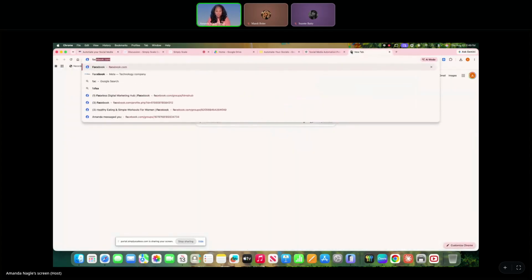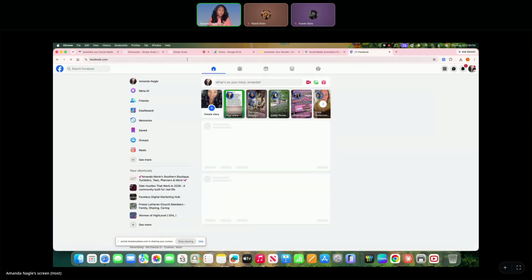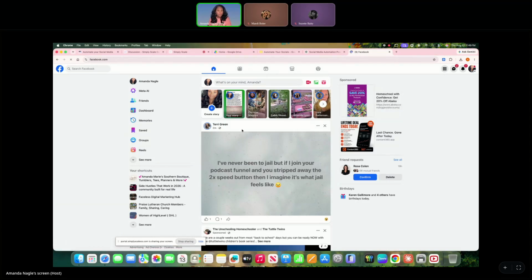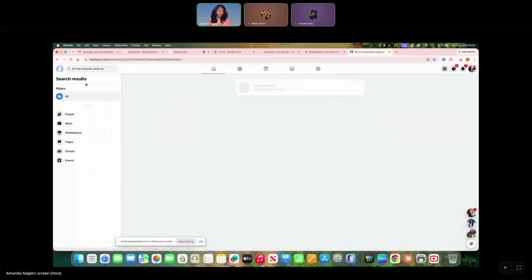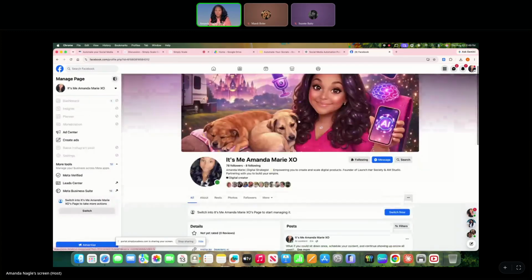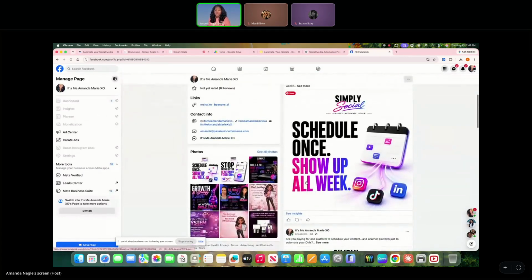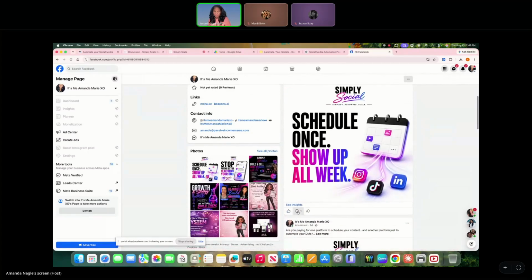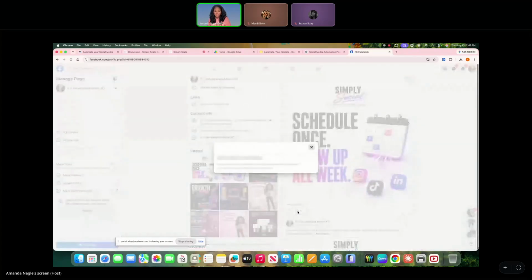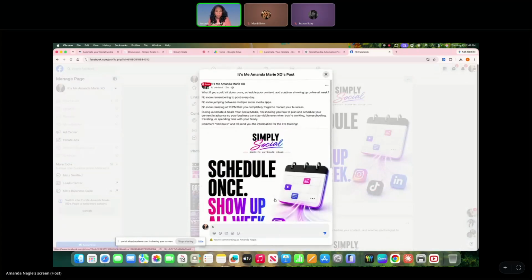All right, let's go on over to Facebook. And we are going to go over to my page. Now you have to check this, obviously, using your personal profile, because you can't go on your page and comment as your page. So if we look here, it just did this, right? And it automatically put the comment there. And now I'm going to say social. What did I say? Socials.